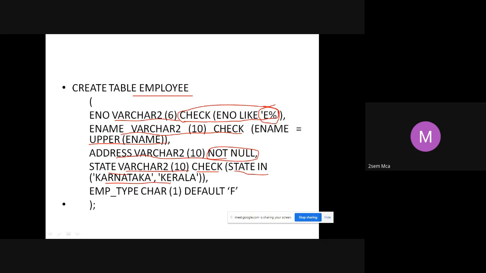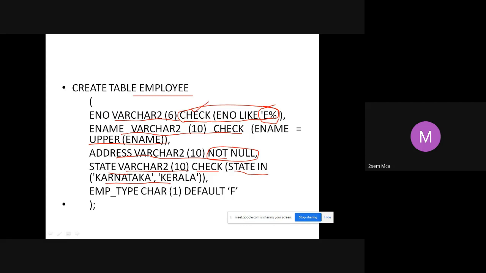So there are 3 different check constraints that are used here if you observe. One is we have told the employee number should begin with E percentage. It should begin with E only. After the first character being E, I can have anything, any number of characters is okay for me. So there we have made use of this check constraint.